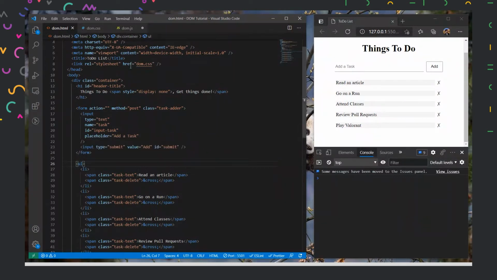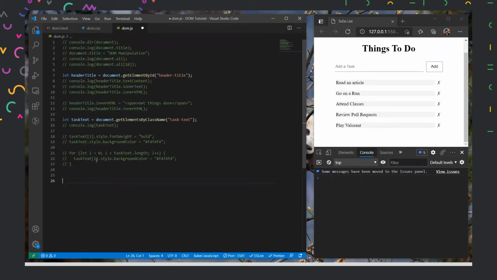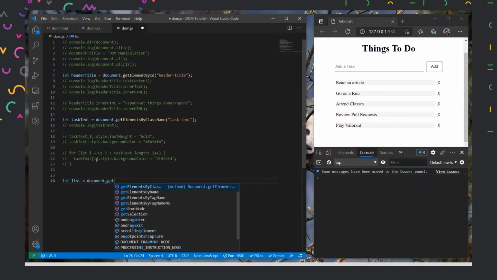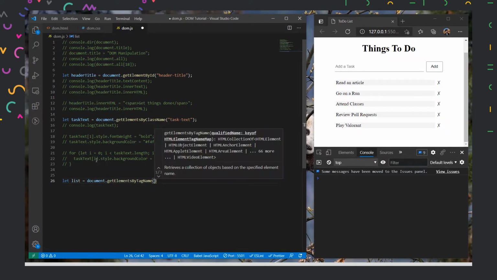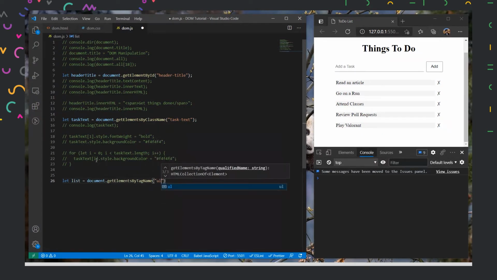To select UL, let's select it directly using the tag name. So you can put let list equal to document dot get element by tag name, and then I can put UL inside here.